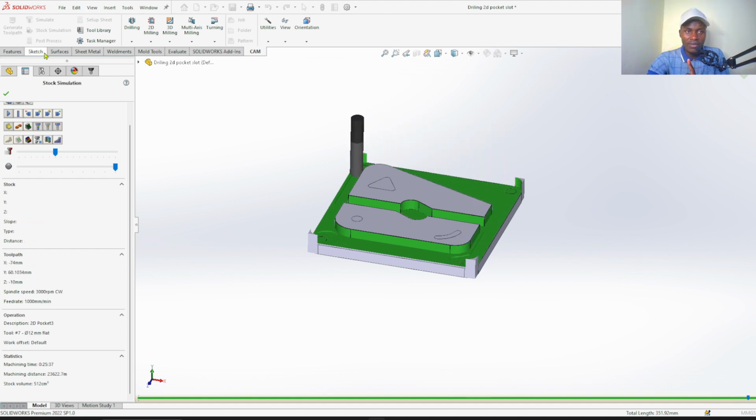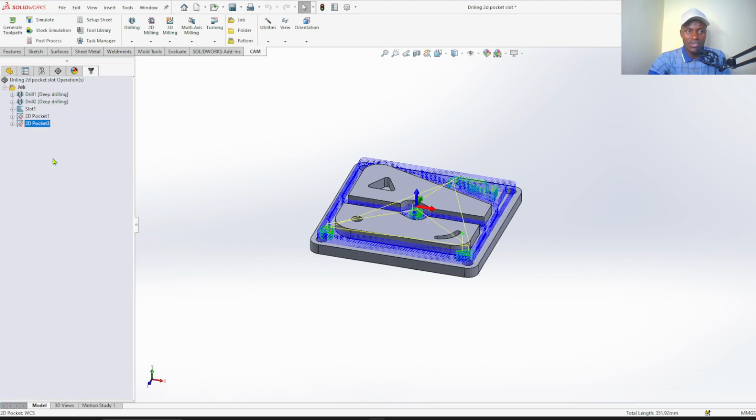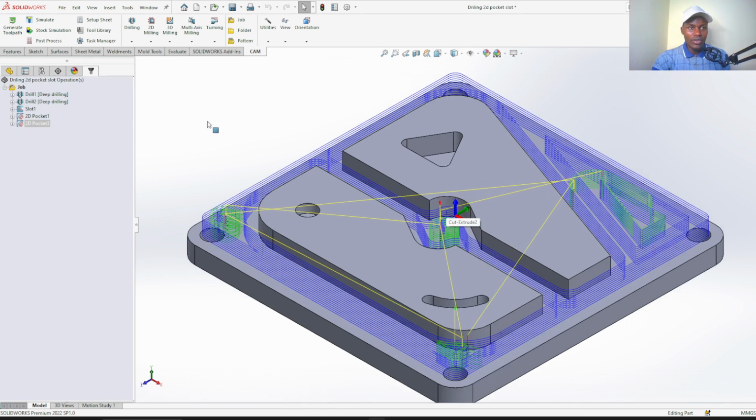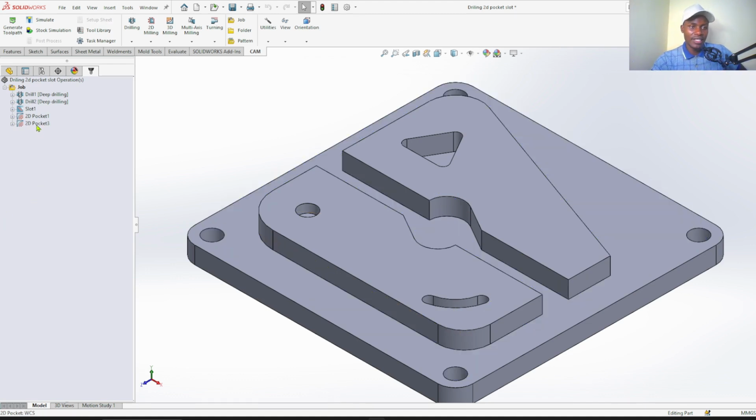The next thing, we'll have to post-process and generate the actual code. So just click OK. So we are going to proceed to post-process. And here is where you're going to generate the actual code for you to place in your flash and take it to CNC milling. So begin with drilling operation. First operation, just go to post-process.